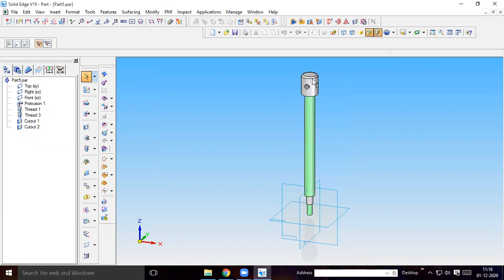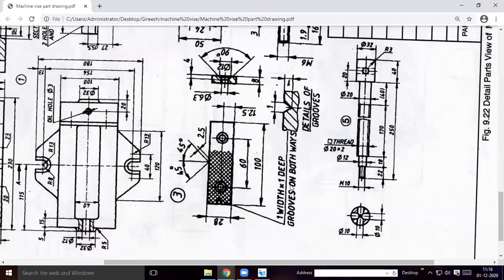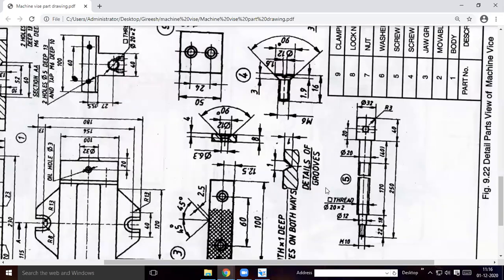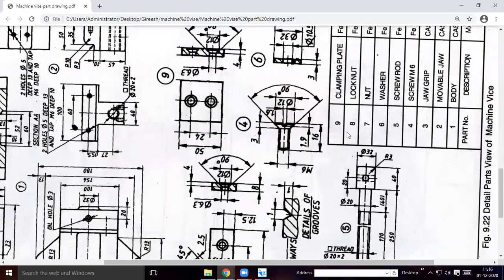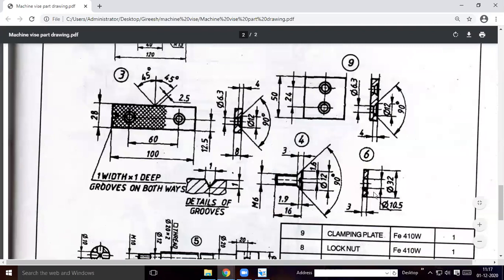Okay, so then the fifth part is completed. Then move on to the sixth part. What is the sixth part here? The sixth part will be the washer. Here you see the washer. You can use revolved protrusion. Okay, the washer here,